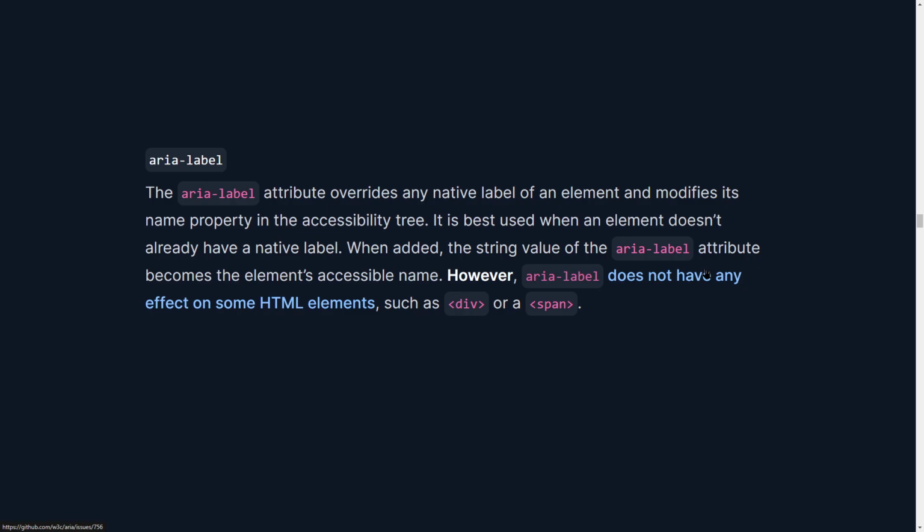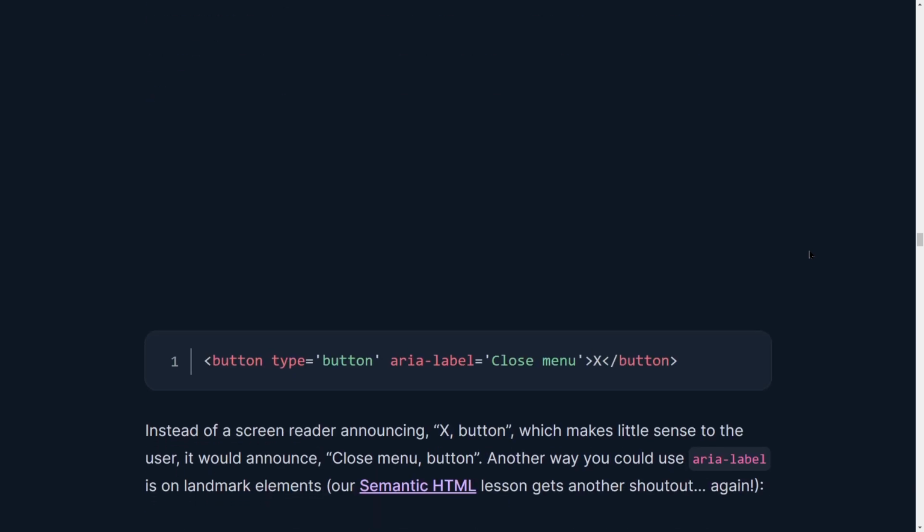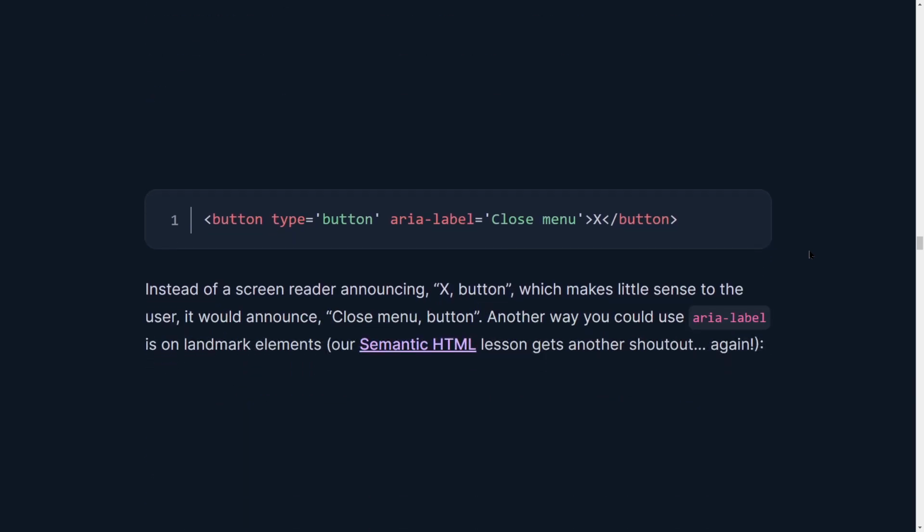So this is a link to the GitHub issue, so you can read more about that in there. A common use for ARIA label can be found in the close buttons of menus or modals. Button type button, ARIA label is close menu, and then you have the cross. The cross means nothing, but the ARIA label announces itself as close menu. Instead of a screen reader announcing X button, which makes little sense to the user, it would announce close menu